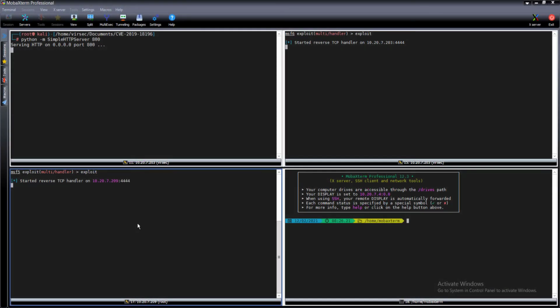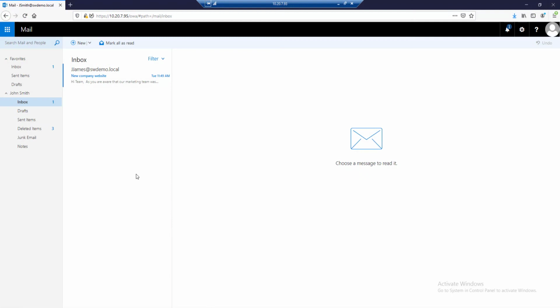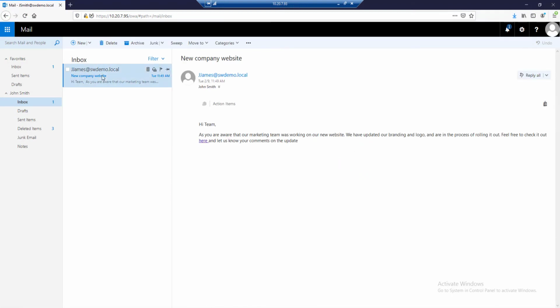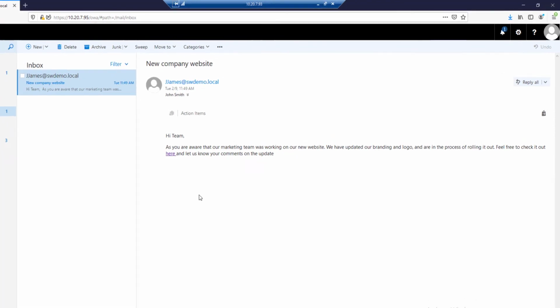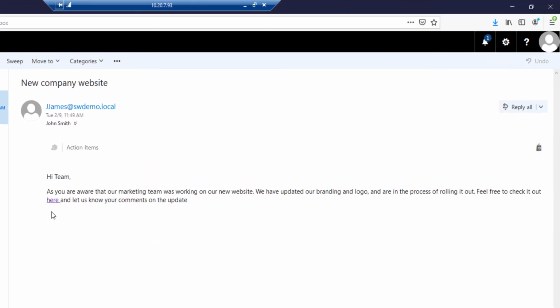Here is the attacker's dashboard. On the lower left is the terminal the attacker will use to attack the victim's laptop. On the top right, you'll see a session that the attacker will use to connect directly to the SCADA server. This attack starts with a spear phishing email targeted at a specific user. On the victim's laptop, here's the email, posing as a benign message from the marketing team, but it includes a